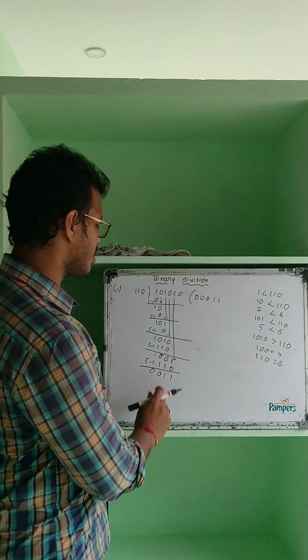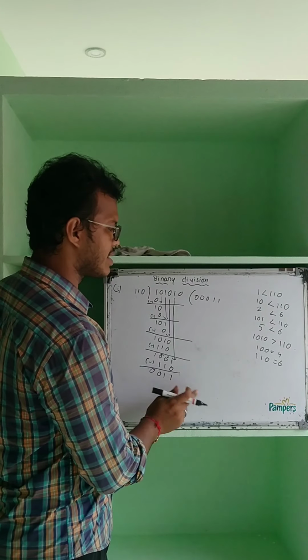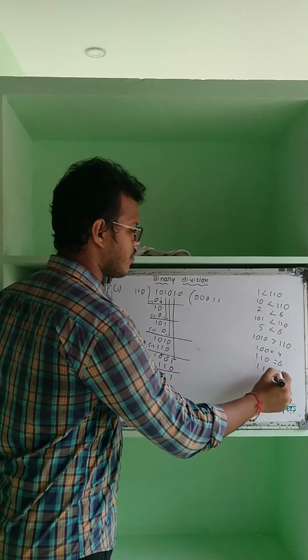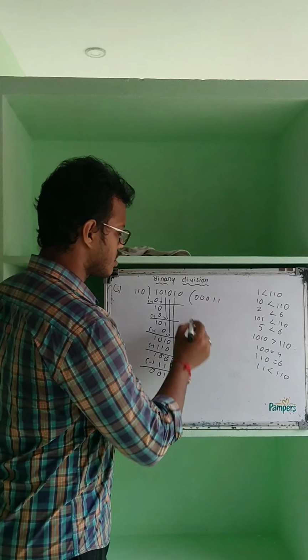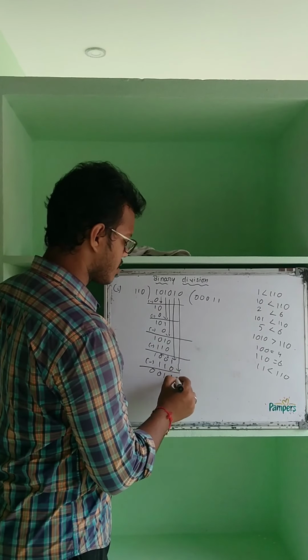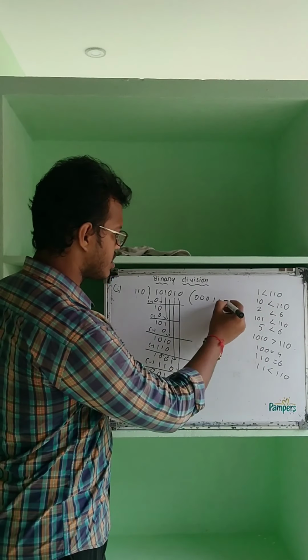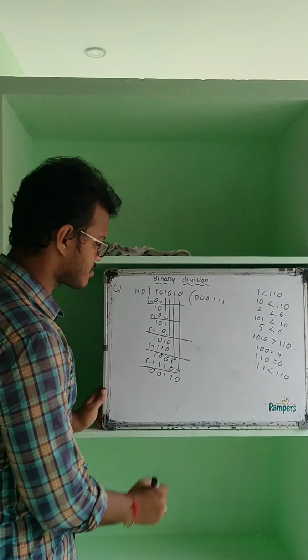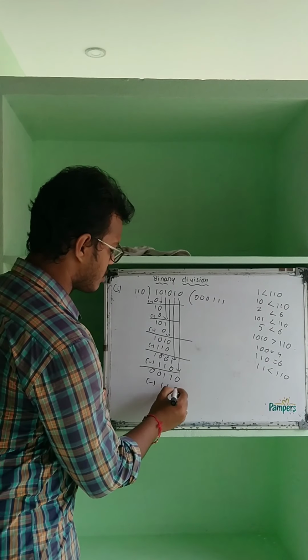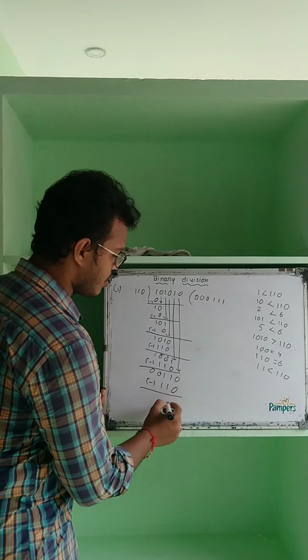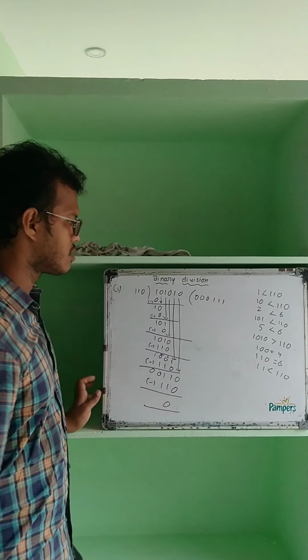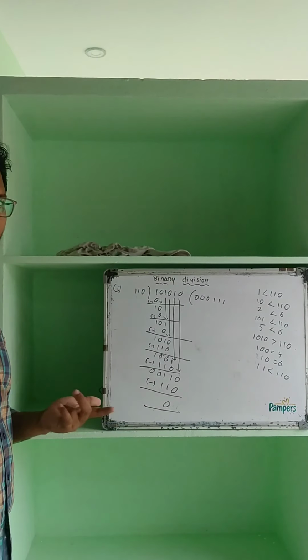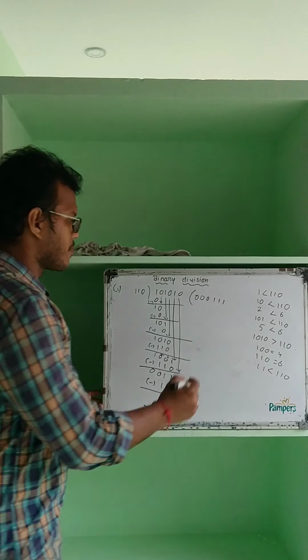Okay. Now 11. So 11 is less than 110. So bring down 0. So it is multiplied by 1. So minus 110, which is going to be 0. So this is our answer. You can cross check by